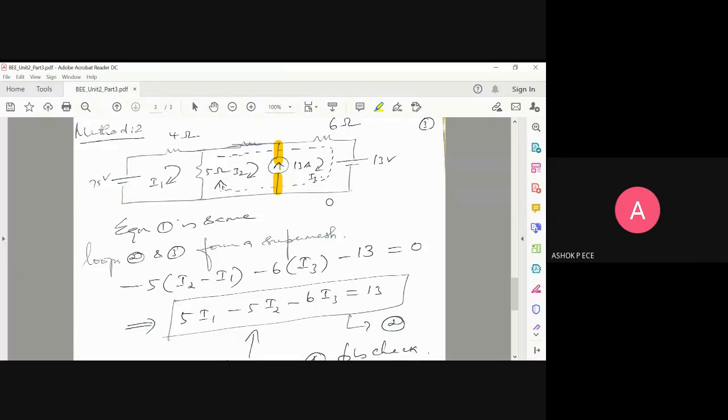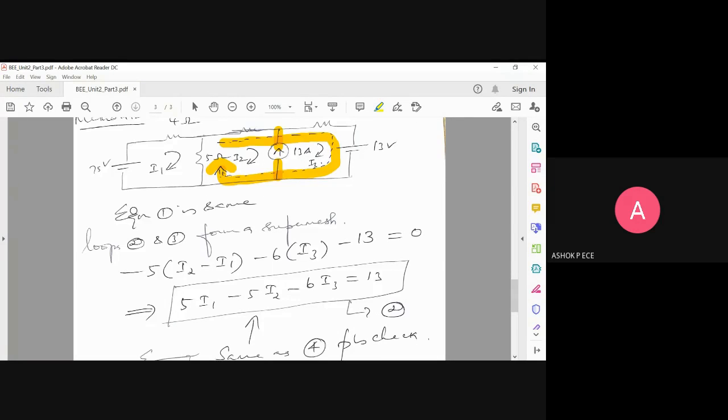If you open circuit the current source, the first loop is already there, so you should not disturb the first loop. If you open circuit this current source, what is the other loop you get? That is your super mesh. I have indicated that by dotted lines. Can you see? This is your super mesh. So you have to apply KVL in this super mesh. The currents will be I2 and I3 only.